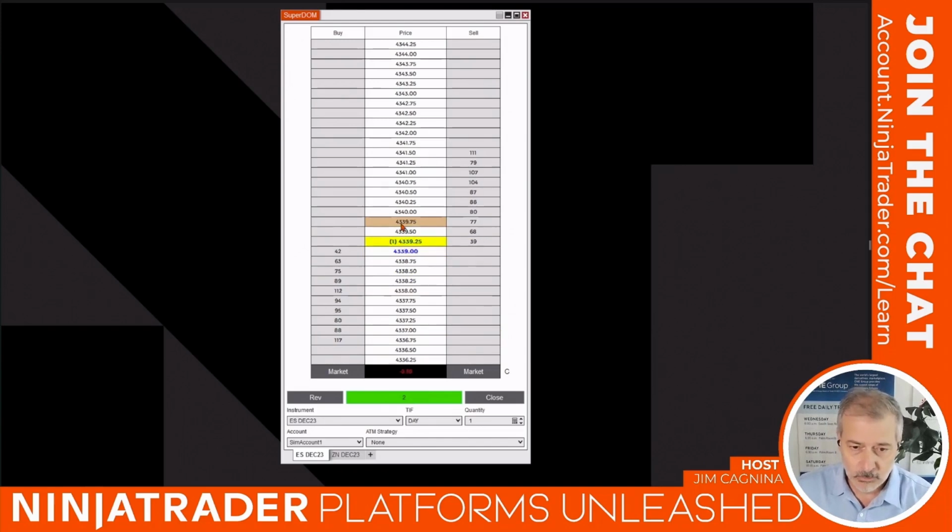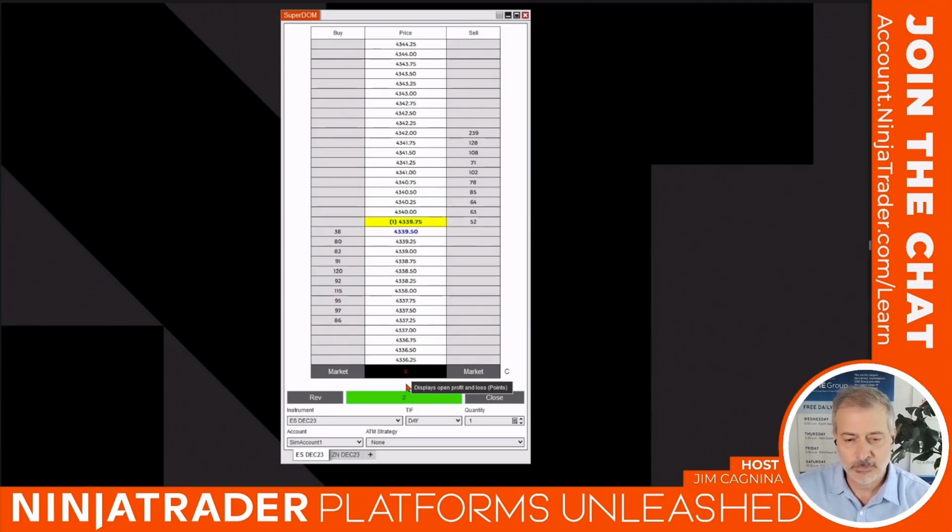And my average price came down a little bit, right? Again, this is the average price. The market's covering it right now, but when the market's done covering it, you'll see it's a brown rectangle, and that shows what my average price is. If I have one contract, well, it's no average. It's just the price that I actually bought the contract at. But now I have 2. Now, the bottom column here shows what your P&L is,